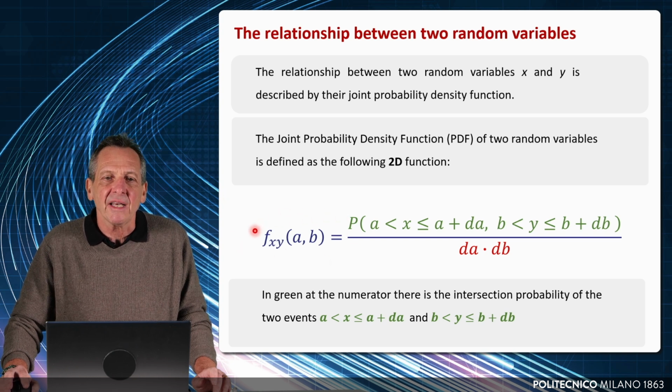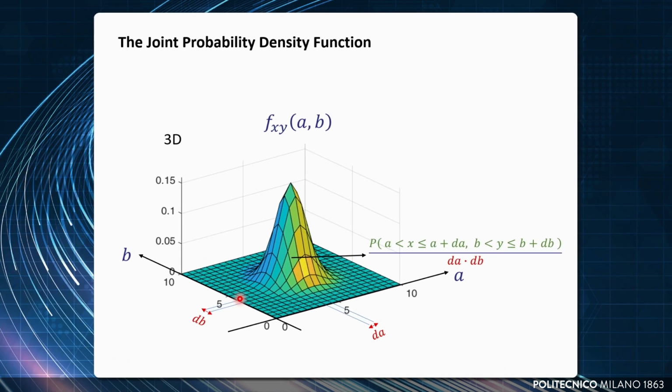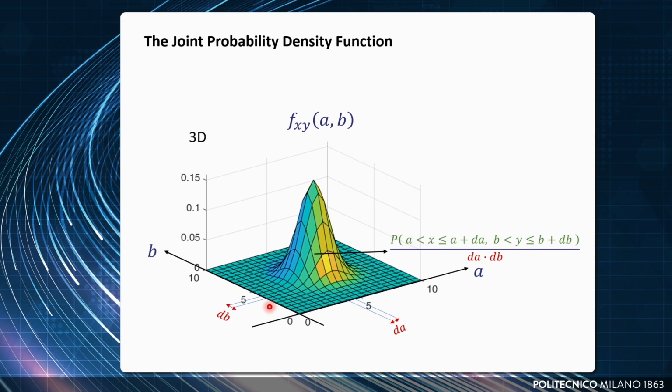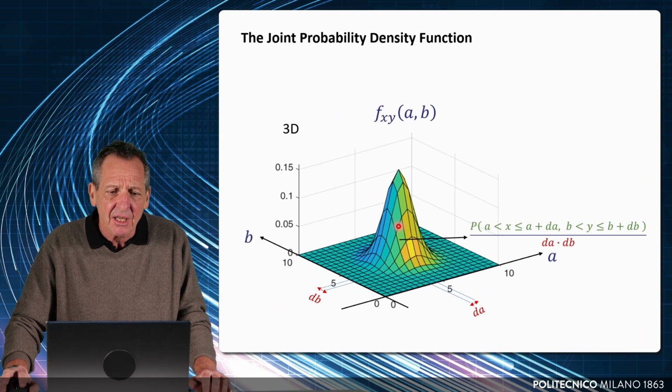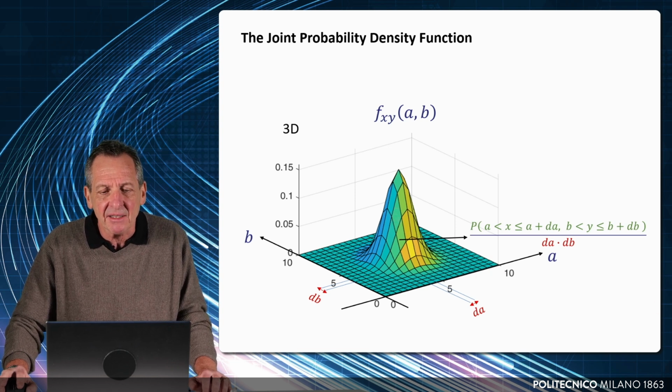Like all 2D functions, it can be represented in 3D in this way, and the volume under this surface is of course 1, since it includes all the possible events, so probability 1. In each position of this 3D surface, you have the joint probability of x and y in the